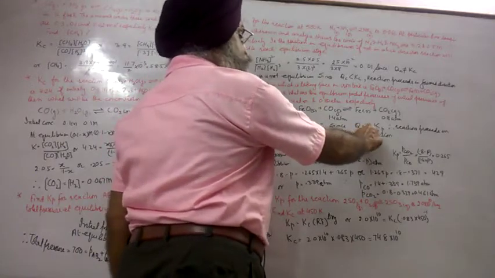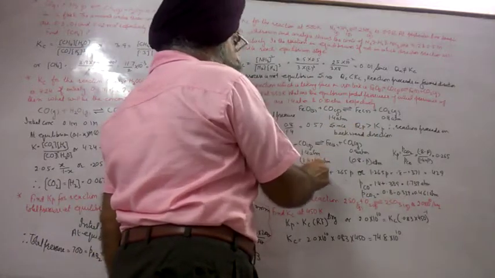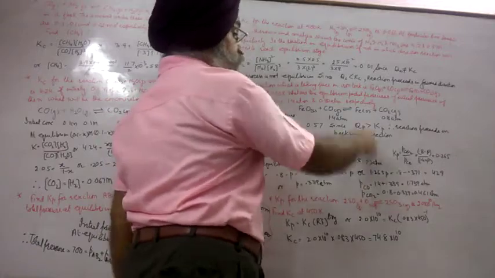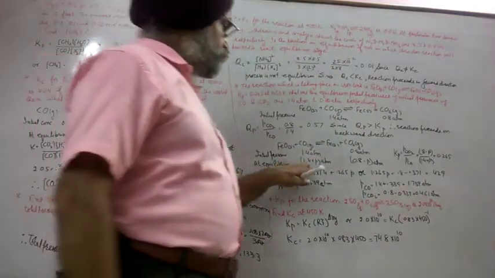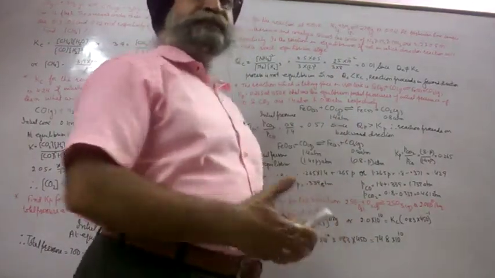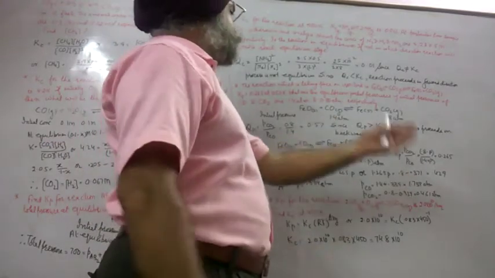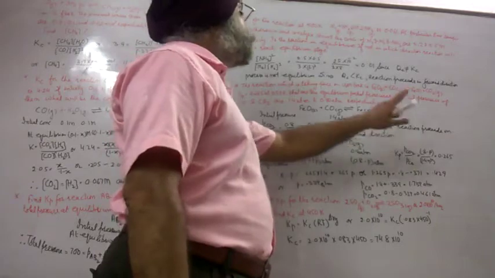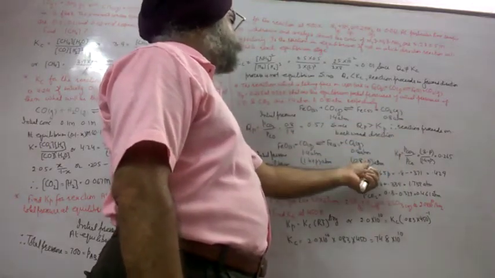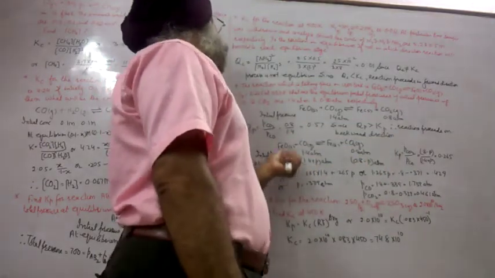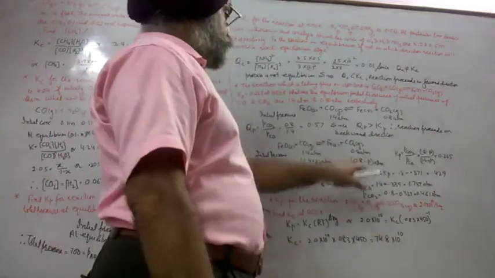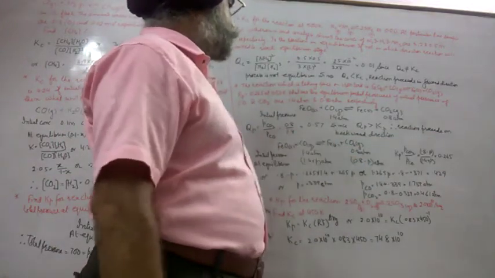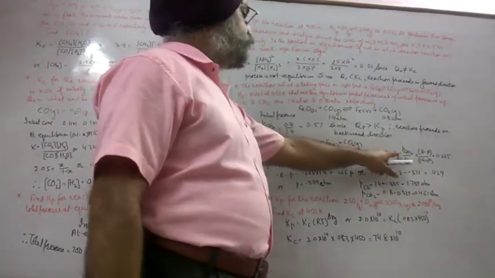If Q were less, then there would be minus here and plus there, a forward direction. Naturally, reactant partial pressure will decrease and product partial pressure will increase. But in this case, the reaction is in the backward direction. Product will change into reactant, not reactant into product. And where there is minus, there is plus. Applying the law of chemical equilibrium.